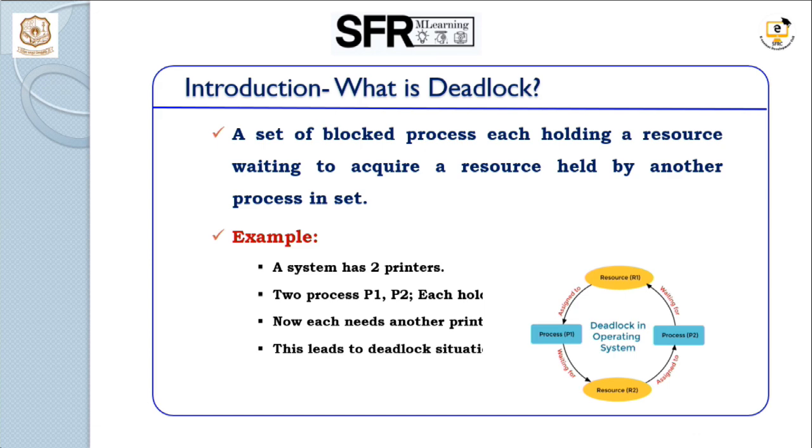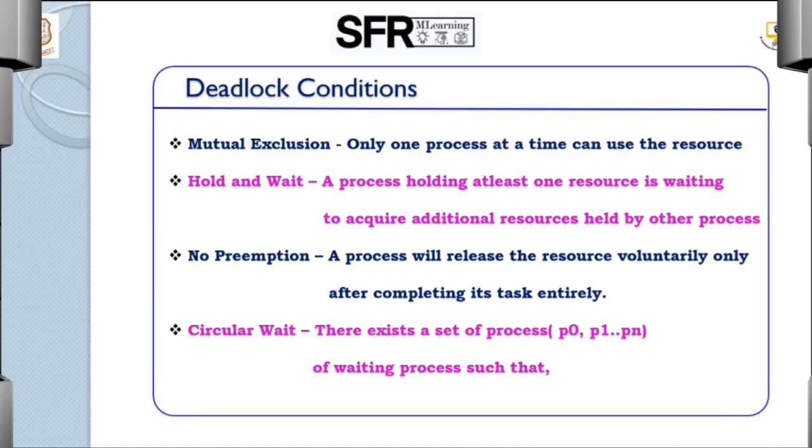There are four possible situations which lead to deadlock. Look at the picture in this slide. It is the best example of a deadlock situation. Here the processes P1 and P2 are waiting for the resources R1 and R2 unwantedly. So this leads to a deadlock situation. There are four conditions. They are mutual exclusion, hold and wait,